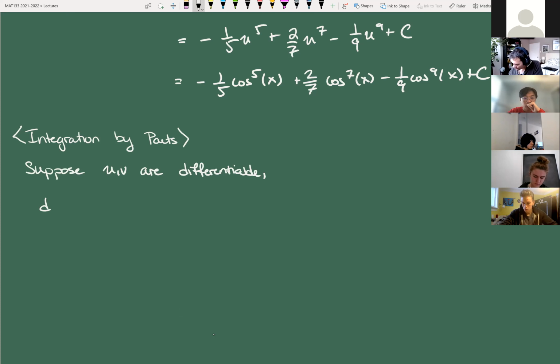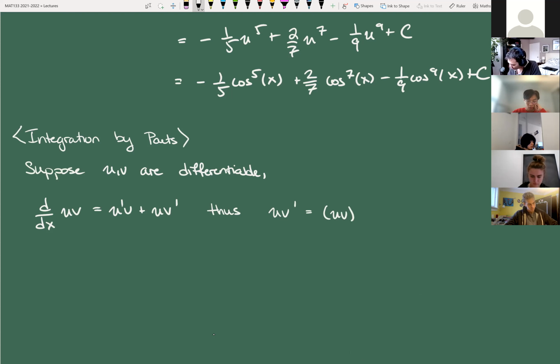Okay, and so we know that if we differentiate uv, again, I'm assuming that they're functions of x, but I'm not going to write that in. What do we get? So we get u prime v plus uv prime, right? So all I'm going to do is a little bit of manipulation of this. I want to keep u dv, so uv prime is equal to (uv) prime minus u prime v, right? All right, that's not crazy. And now if I try to integrate both sides,